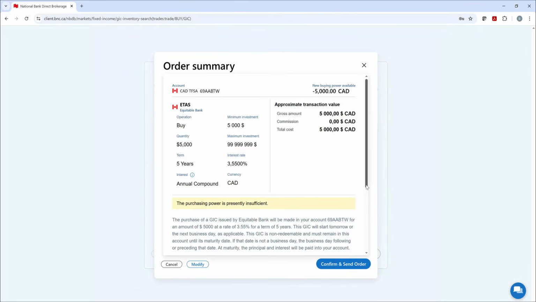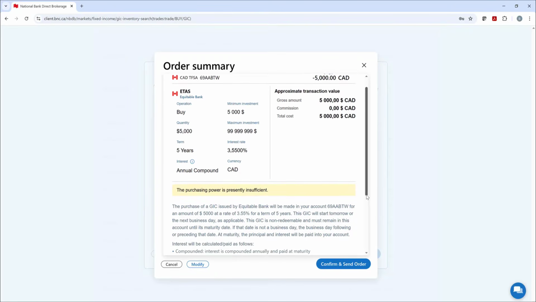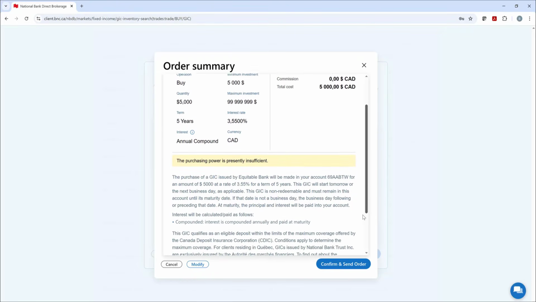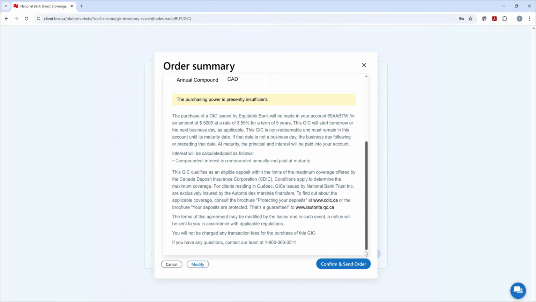and sending the order. Please ensure that there are sufficient funds in the account to pay for the GIC transaction, which will be settled on the next business day. Investors should note that a non-redeemable GIC cannot be sold, not even in part, prior to its maturity date. This is something to keep in mind, especially when purchased in a registered retirement income fund because of the required minimum withdrawal amounts. Also, just like a stock purchase, you can always click on the Cancel or Modify button to